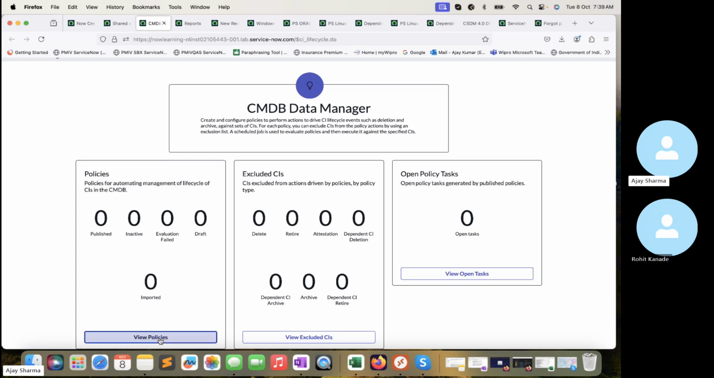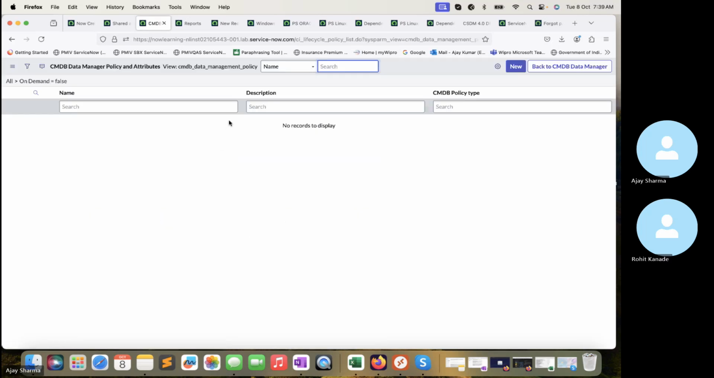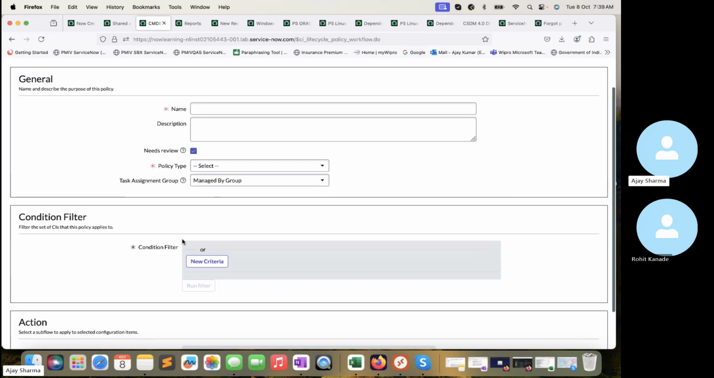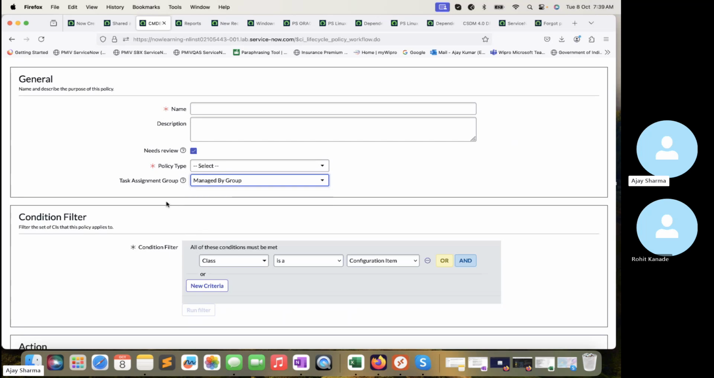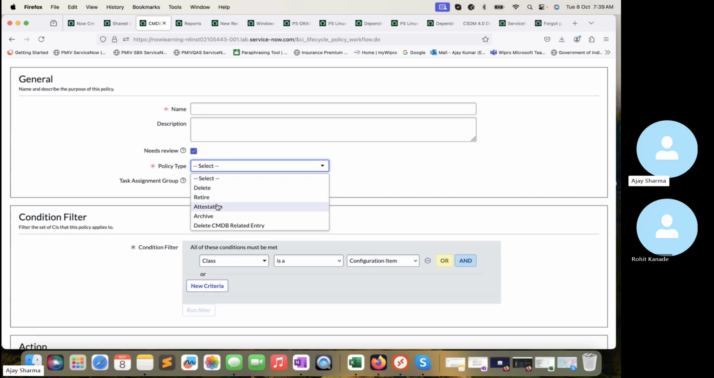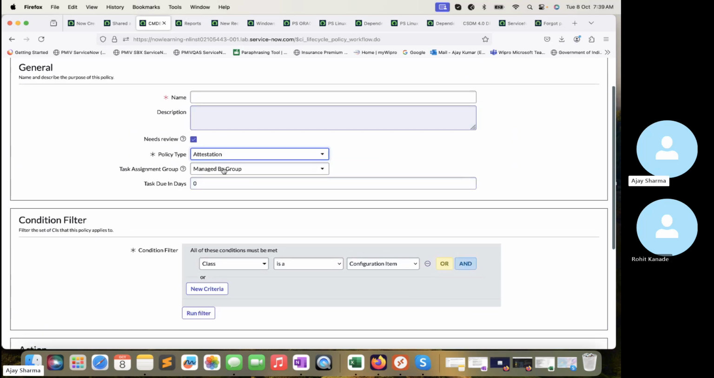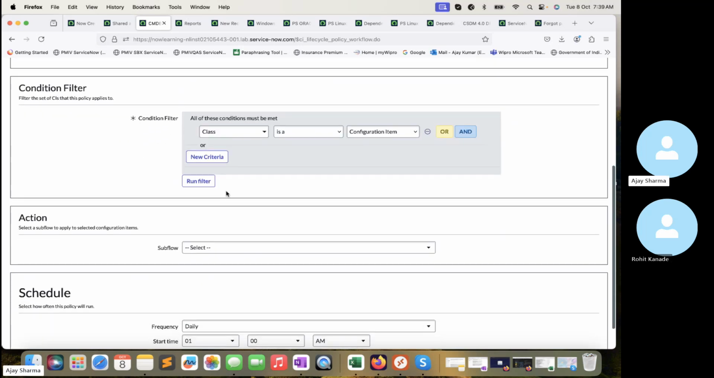So if I click on view policies, no policy is defined here. If I design any policies, we can configure them. This is the policy managed by which support group, and so on. The policy type is delete, retire, or attestation. Have you heard about attestation? No. So basically, that is just to